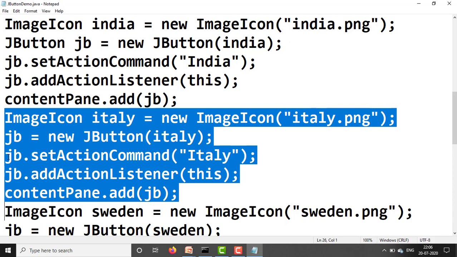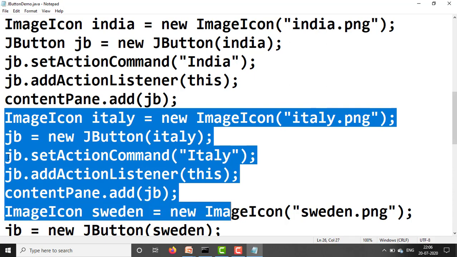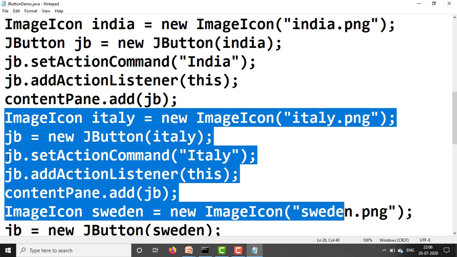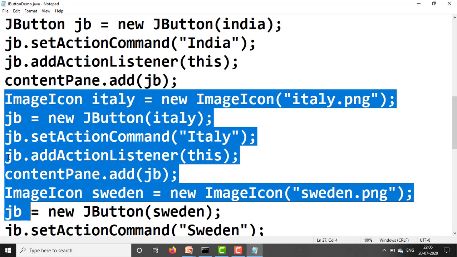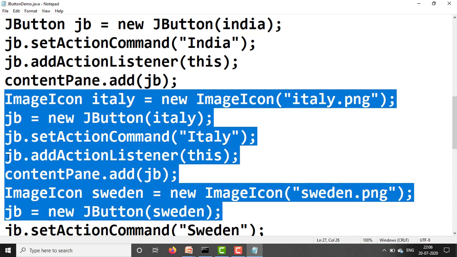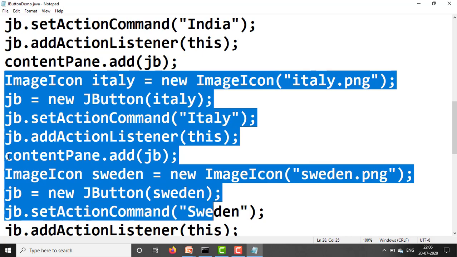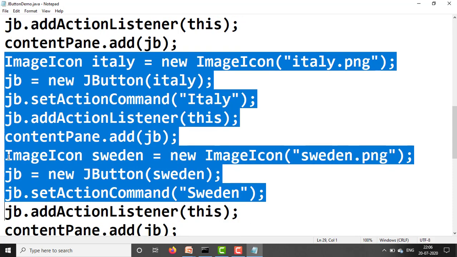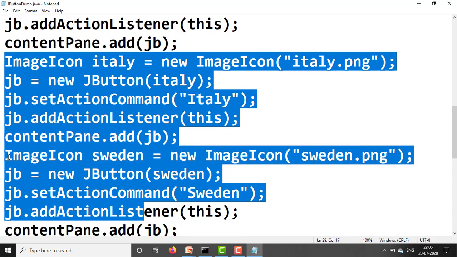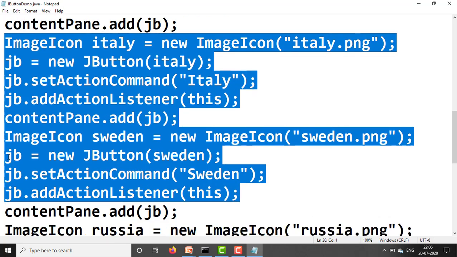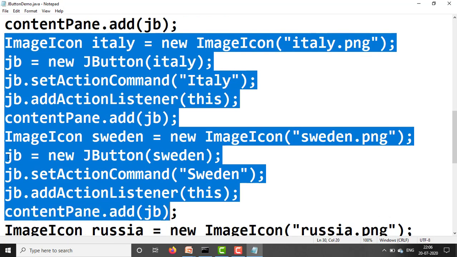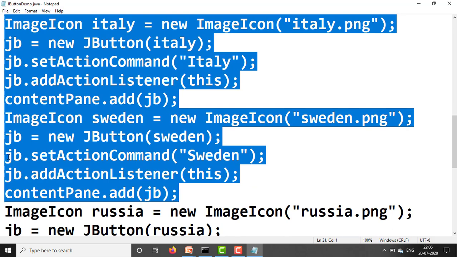Same for Sweden. ImageIcon sweden equal to new ImageIcon("sweden.png"); JB equal to new JButton(sweden); JB.setActionCommand("Sweden"); JB.addActionListener(this); next, contentPane.add(JB). This command Sweden is added to the button.